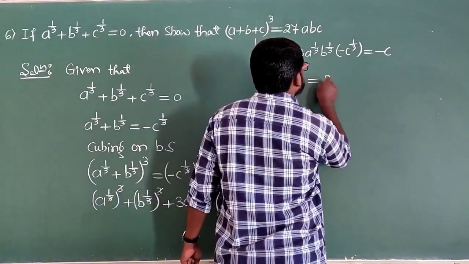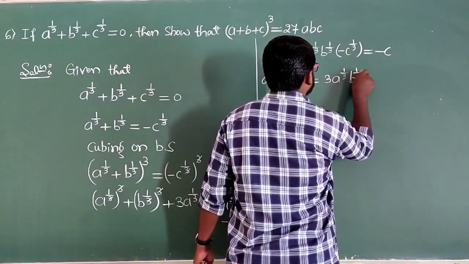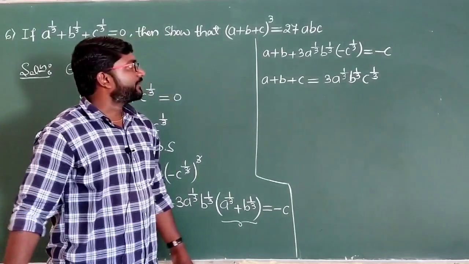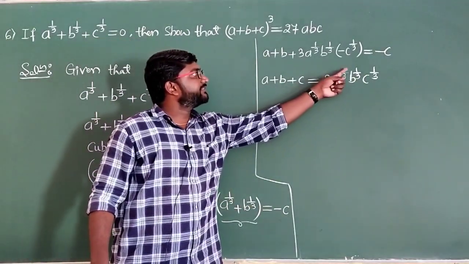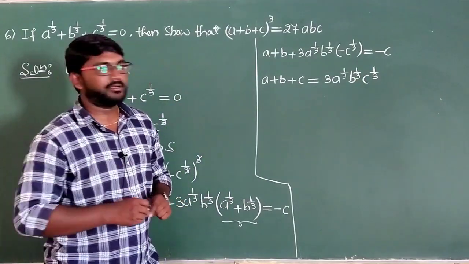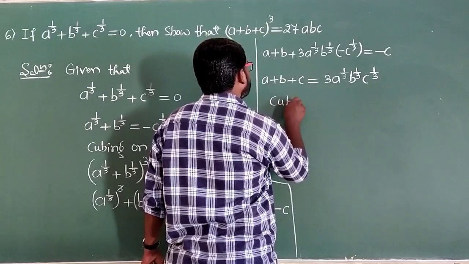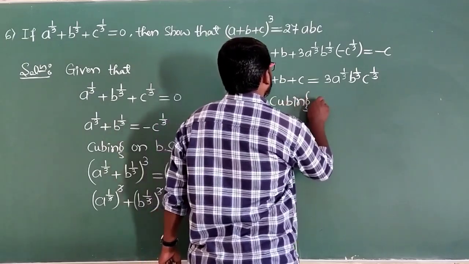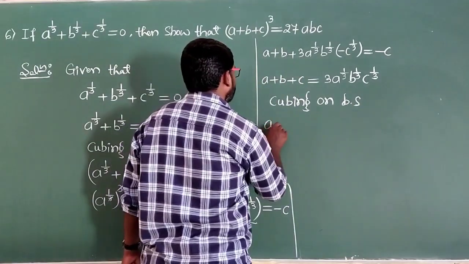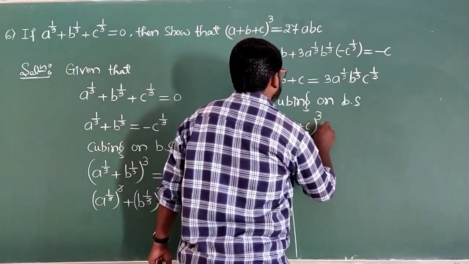So we get 3 into a raised to 1 by 3, b raised to 1 by 3, c raised to 1 by 3. Now we have to eliminate these 1 by 3s. For that we have to go for cubing on both sides. Cubing on both sides, here we get a plus b plus c whole cube, which is equal to